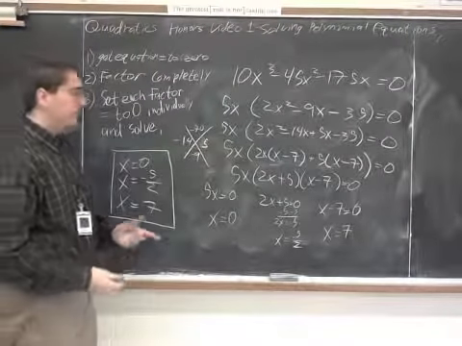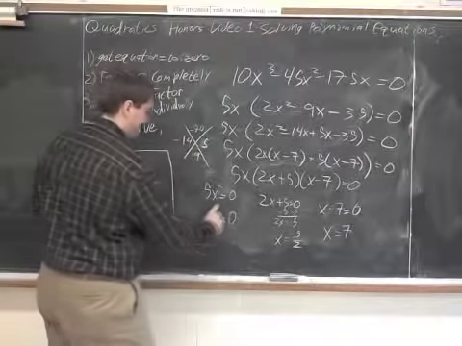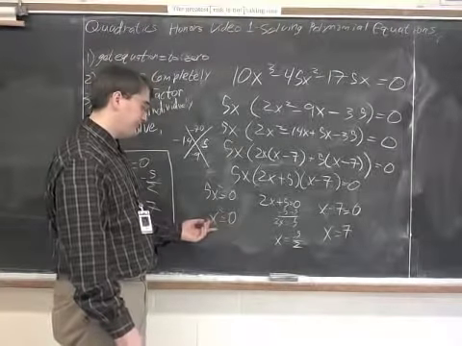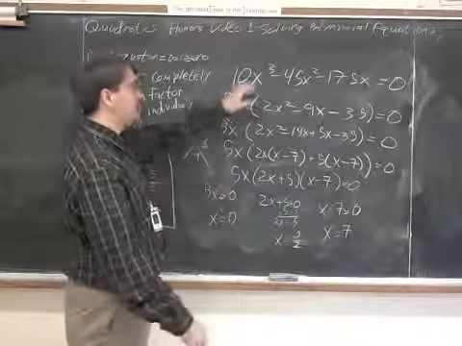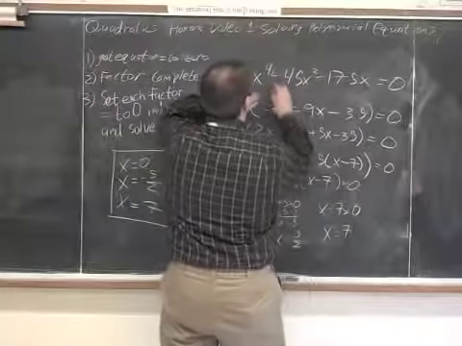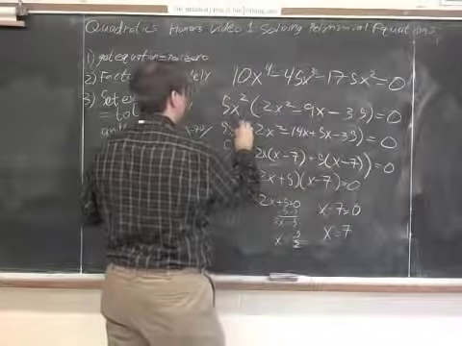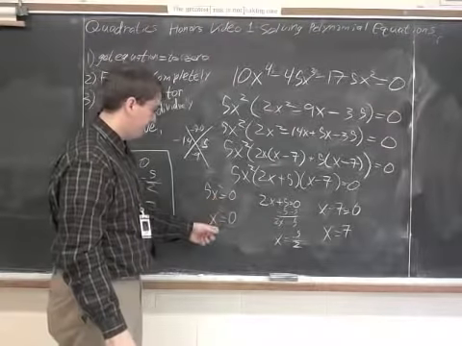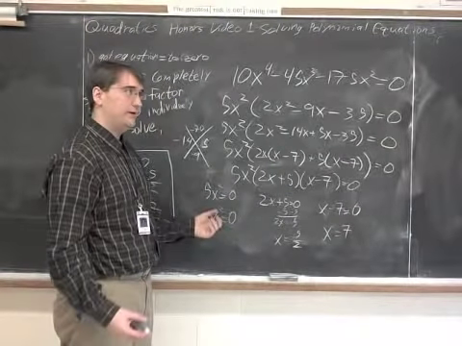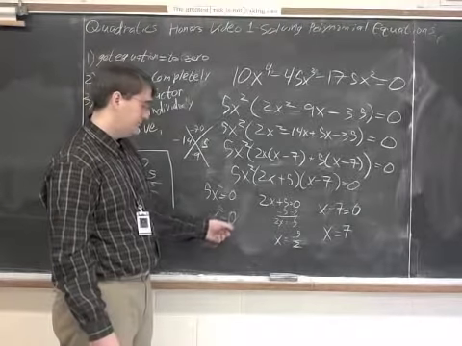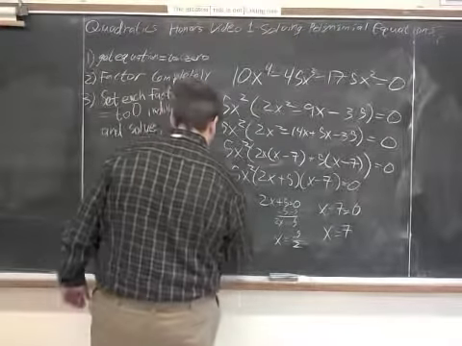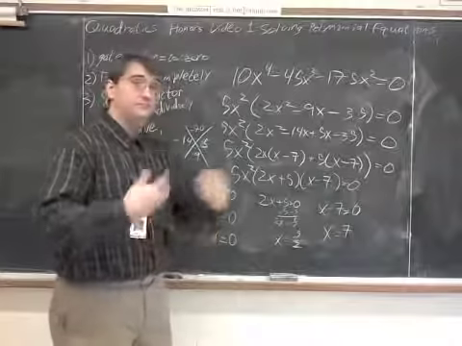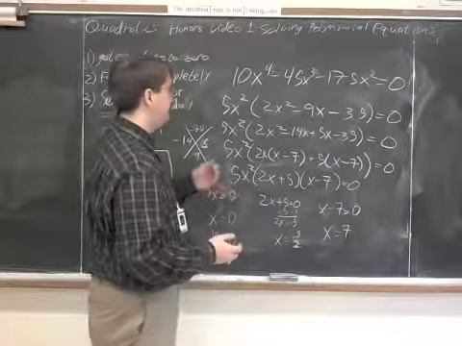When you're factoring, you may end up being able to pull out an x squared, or an x to the 3rd, or an x to the 4th. If, for example, this had been x to the 4th, x to the 3rd, and x to the 2nd, I could have taken out an x squared, and we still only end up with 3 solutions in those cases. This is what I mean. The power of 4 there means you're going to see at most that many solutions. You're not going to see more than 4